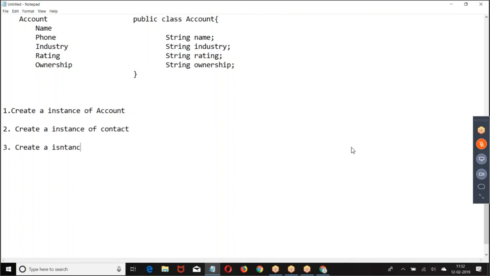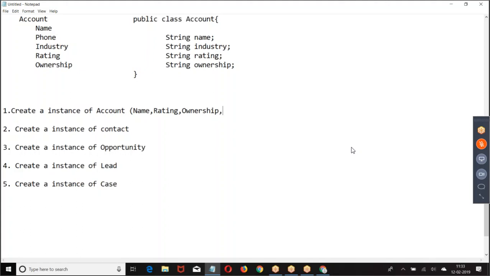Create a what are the fields we have? Name, rating. These are the fields.